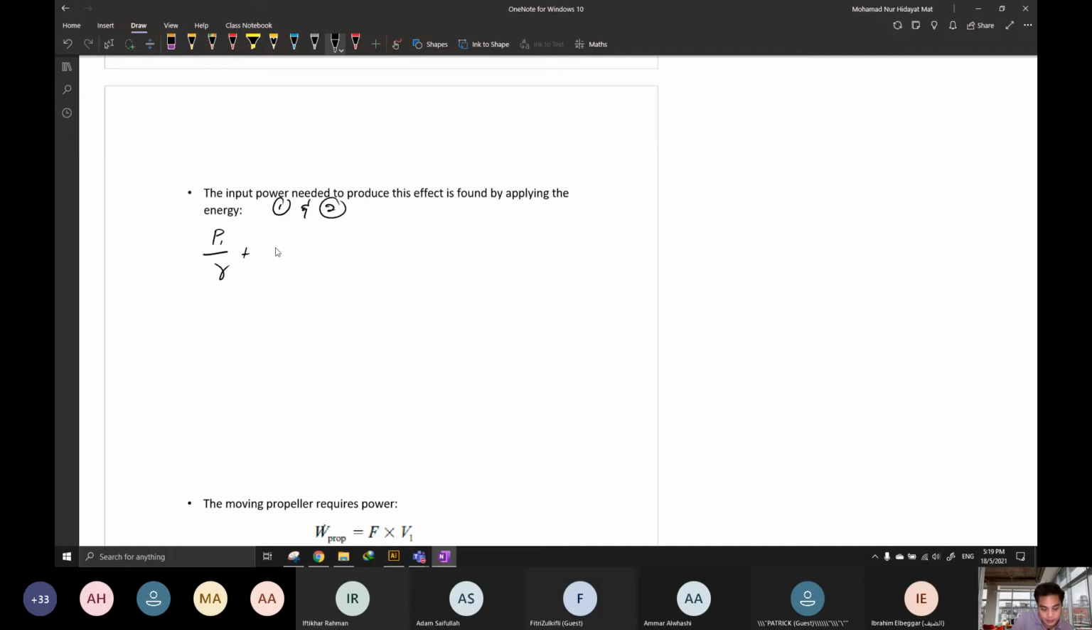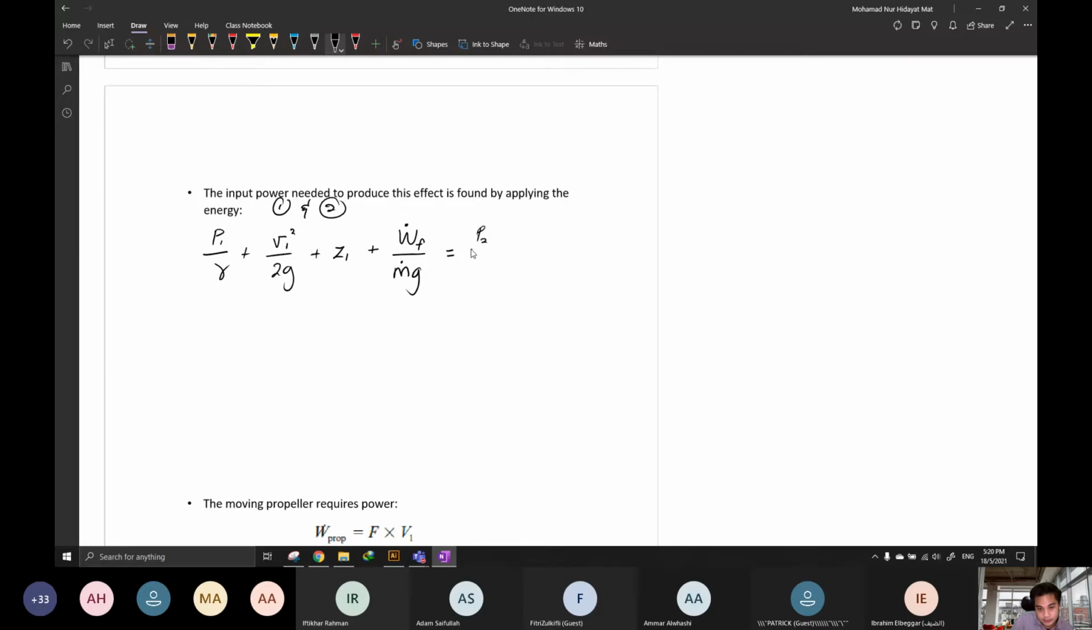P1 over gamma plus V1 squared over 2g plus Z1 plus the work input. Remember the work input, or we call it the work input from the fluid. If we have the pump, we change this to be the pump. If we have the fluid as the input, we change the pump to be the fluid. This is just the input power, mg. Remember I explained to you the last time about this input power. Equal to P2 over gamma plus V2 squared over 2g plus Z2